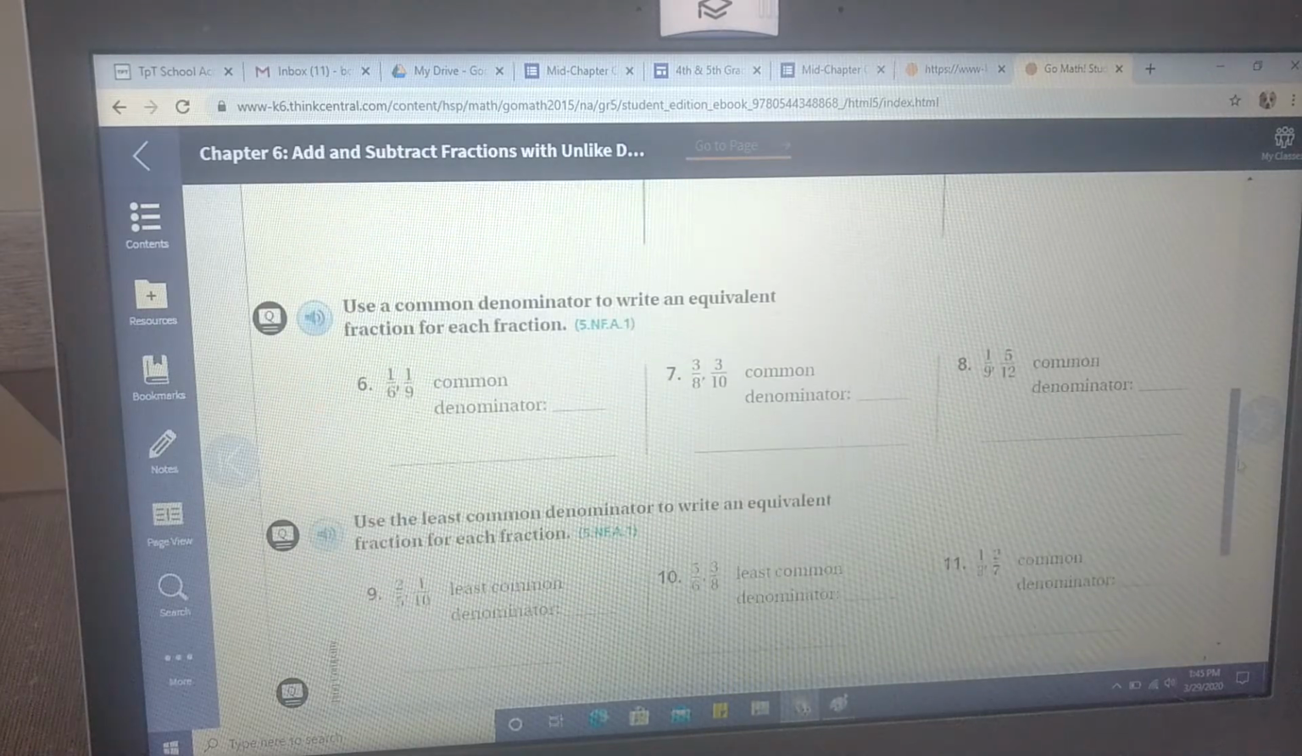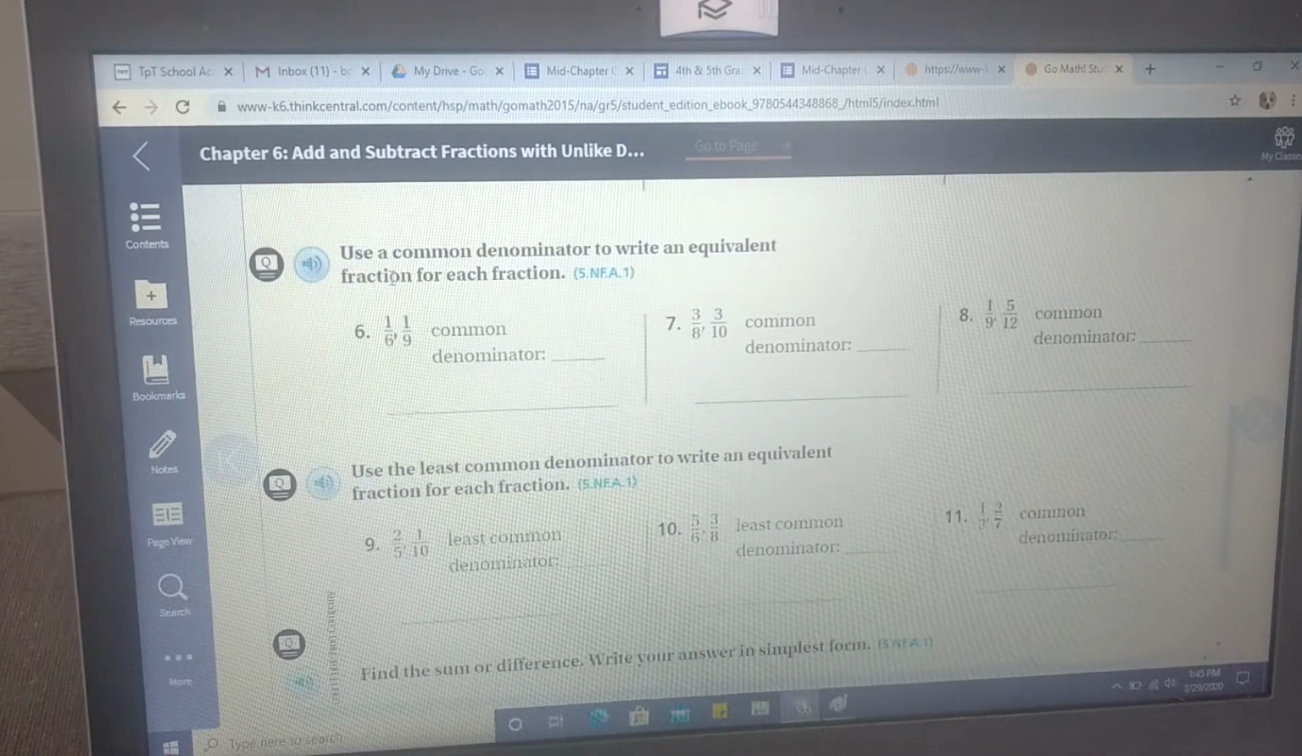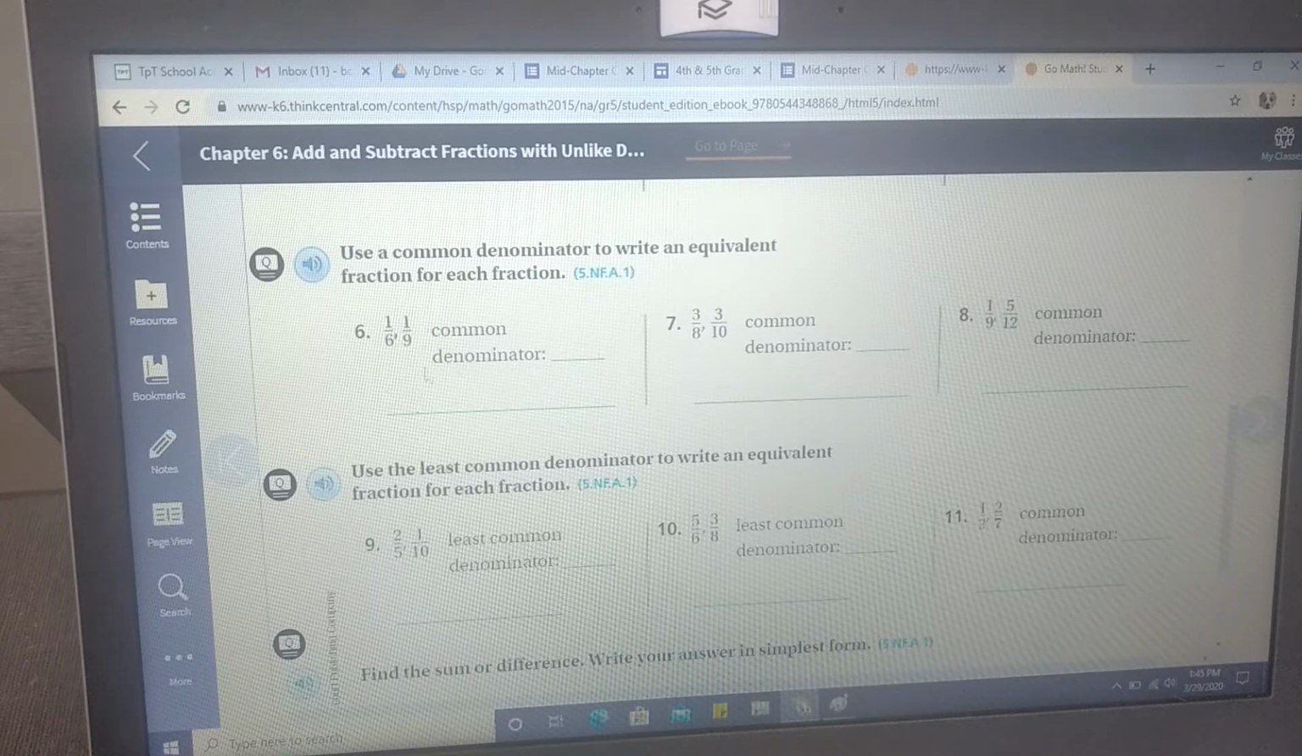Right here, this part here, 6, 7, 8, use a common denominator to write an equivalent fraction for each fraction. All you are doing is finding a common denominator of 6 and 9. So for example, 54. So what do you multiply 6 to get to 54? 9. So then 9 times 1 would be 9 over 54. Over here, change it to 54. That'd be times 6. So this would be 6 over 54. So you're just finding the common denominator, a common denominator of any of these, and then changing them so they